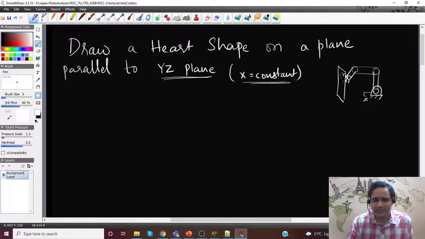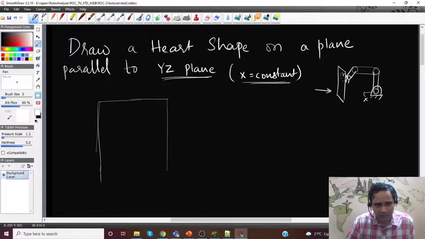Later on we'll change it and we'll see what happens. Now that means, if I look from here, I'll have a frame, a plane basically, and I can assign my YZ coordinate system like this, because if x is here, y is coming towards me and z is up.